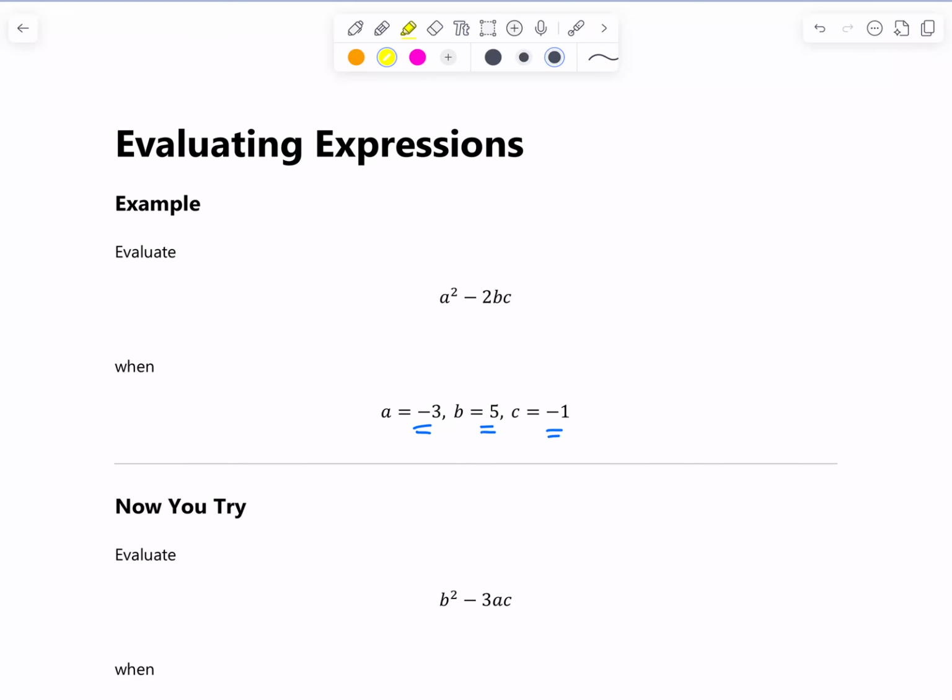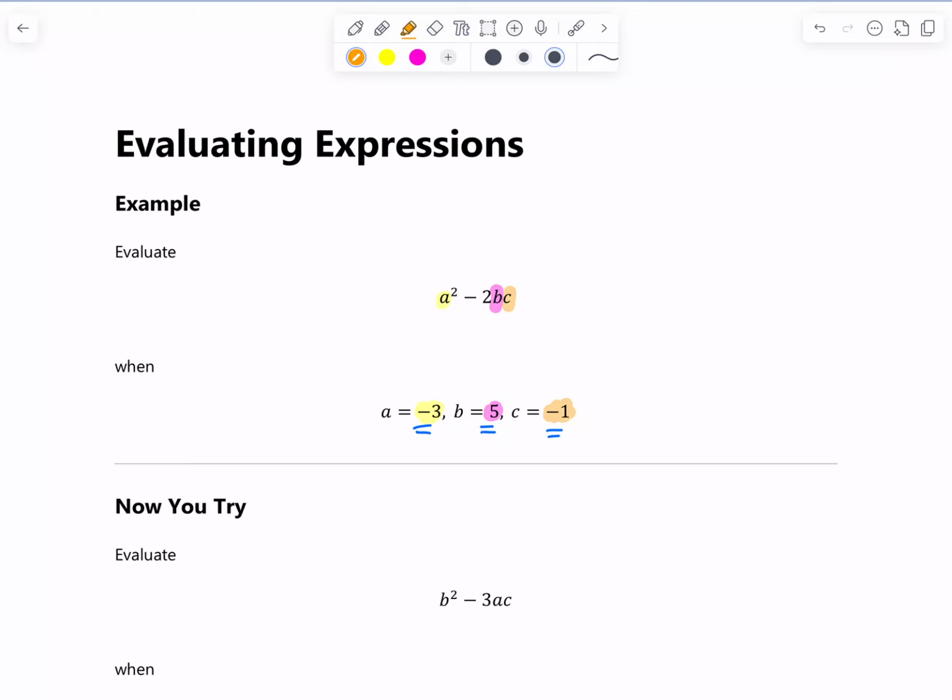So all you have to do is wherever you see a, we're going to substitute -3. Wherever we see b, we're going to substitute 5. And wherever you see c, you're going to substitute -1. Because of the negatives and the fact that we're multiplying this stuff, it's really important that you use brackets when